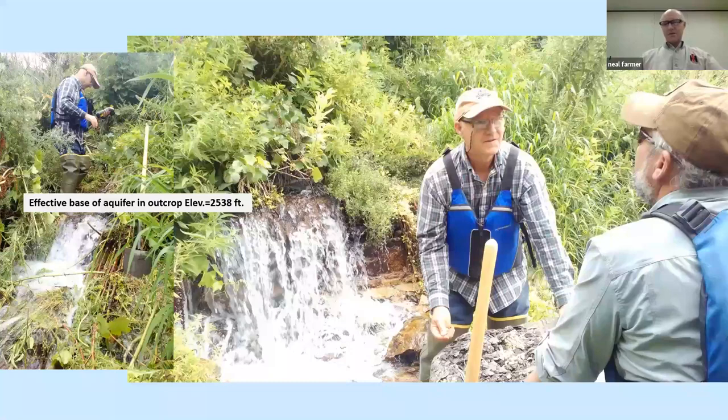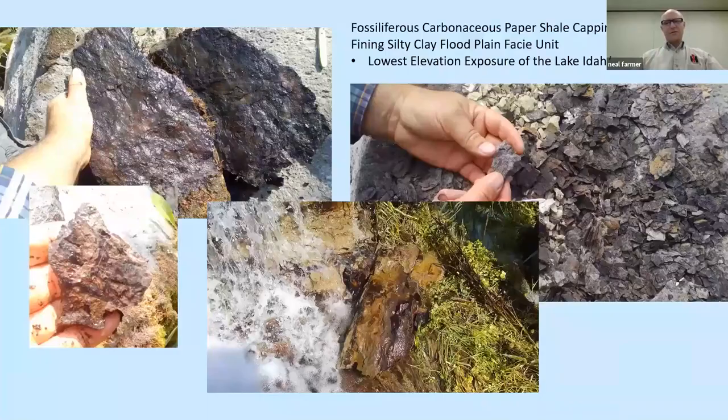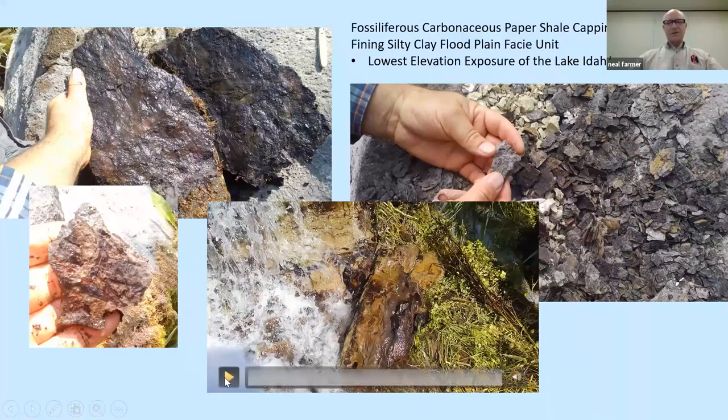And so all of the spring water is issuing across this dense silty clay, upward-fining floodplain facies of the Glens Ferry Formation. This is some more photos of the carbon fossils, and it should be rich in pollen, and we're trying to get some analysis done for some palynology to see what we can do. When it dries up, it cleaves out in literally kind of paper layers, and that's why they call it a carbonaceous black paper shale, capping, which typically caps upward-fining floodplain units